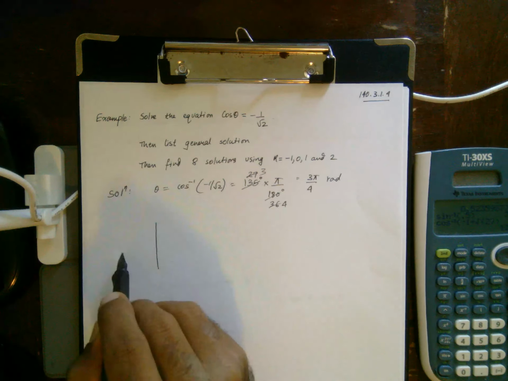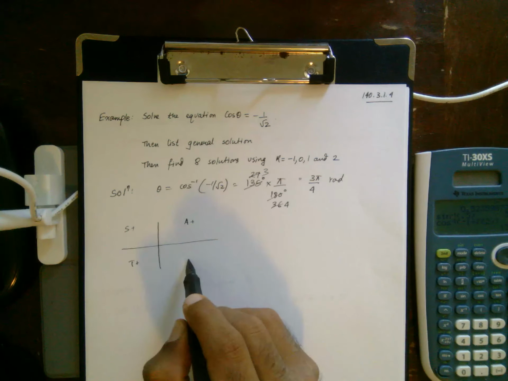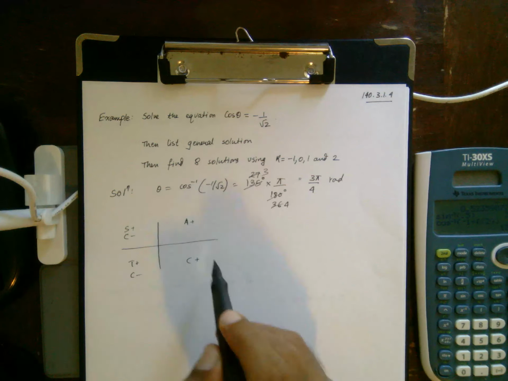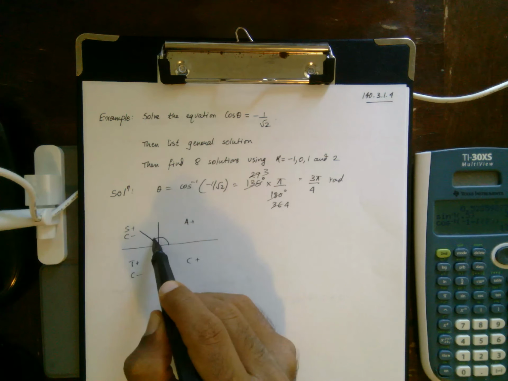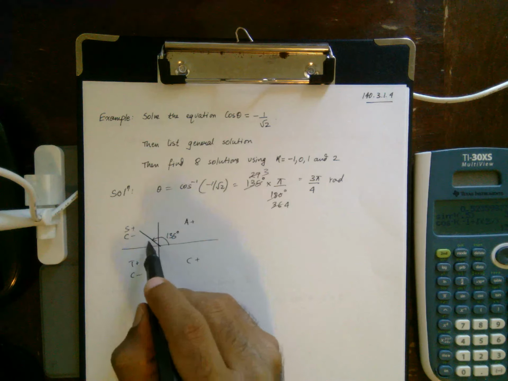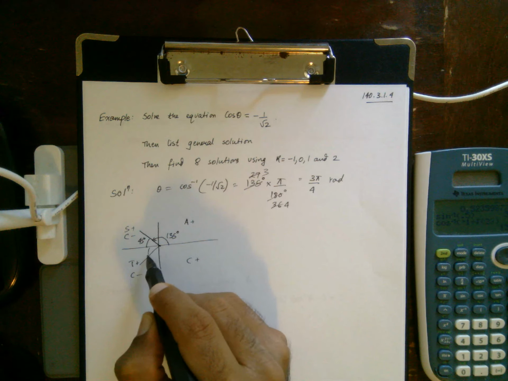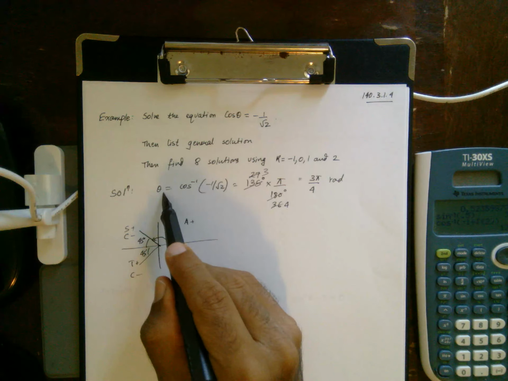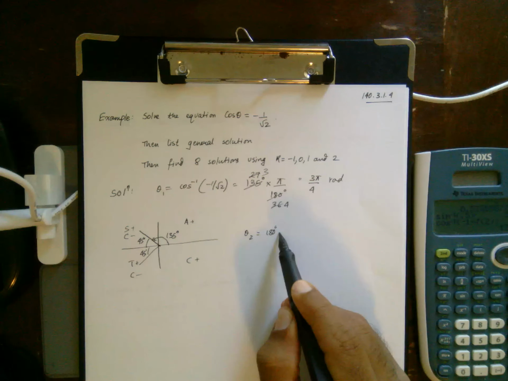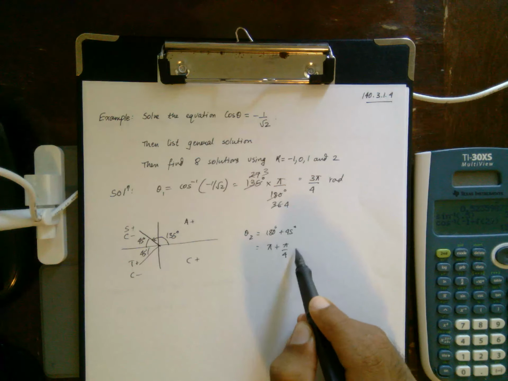Now we look at the values. It's ASTC. So cosine is negative here and here, and I have this angle 135. I need to find the second one, which is in quadrant 3. So if this is 135, this angle is 45, which means this is 45. Let's call this theta 1. Then theta 2 is going to be 180 plus 45, or pi plus pi over 4, which is 5 pi